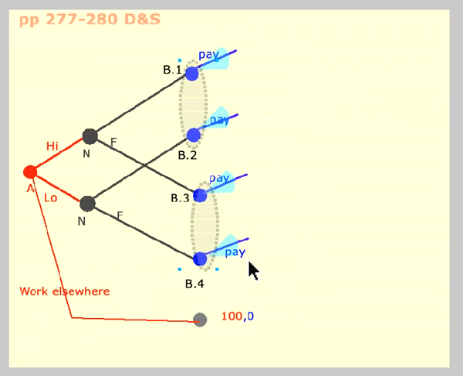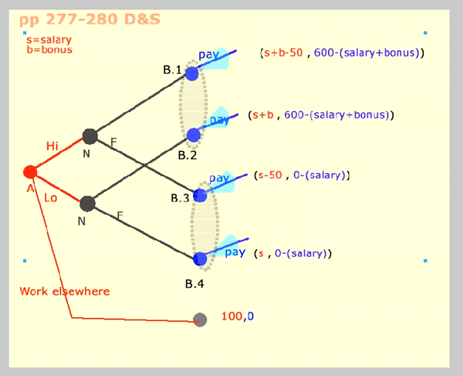Okay. So what I've done here is I put up a general kind of scheme of possible payoffs, and it works something like this. This is the kind of game that we've had before. There's some actions, nature takes some actions, employer makes some payments, and out over here, there's some payoffs. So let's look at these possible payoffs.